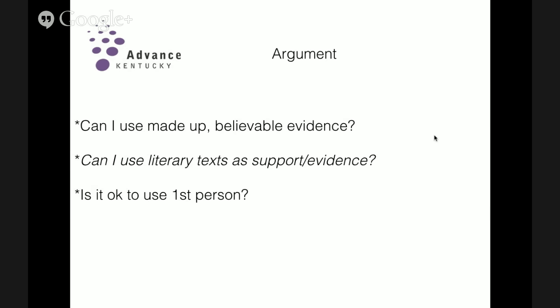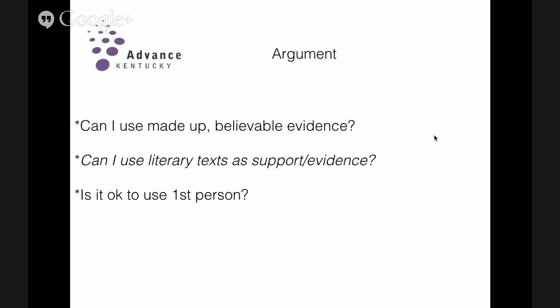Okay, so I'm going to let you think about that for just a second. And finally, we're going to move on to argument. Argument seems to be, I think most students really like the argument question. It's the one place where you can use your own personal experience as valid information to back up your argument. So I only have a couple of questions about this one.